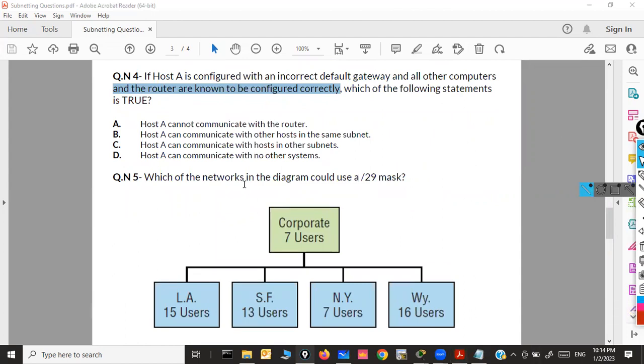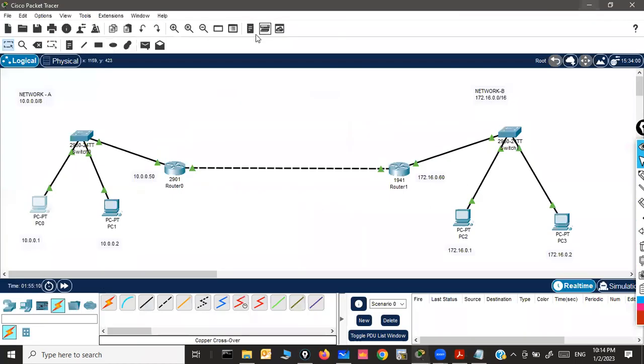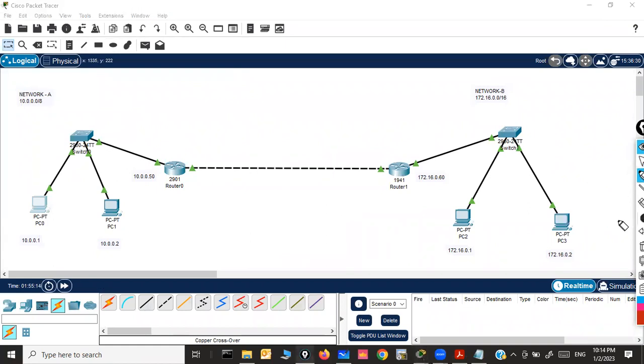Once attempted, I will share this PDF, because at the bottom the correct answers are written, and I don't want to show you the correct answers yet. Once done, I will share these 10 questions with you. And once we have moved from subnetting to the next topic, if I am able to spare time tomorrow, then I will introduce this router device tomorrow.